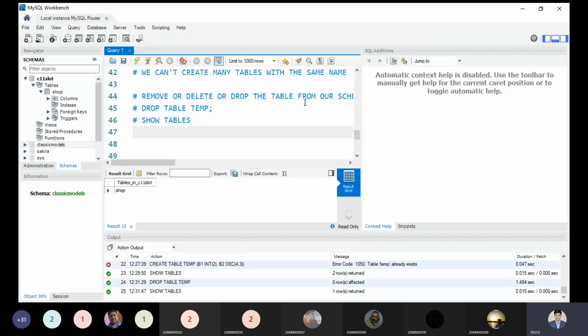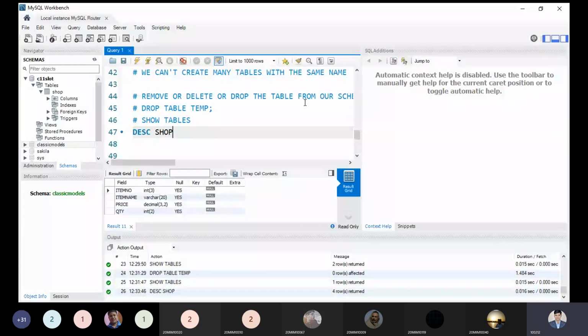After showing the table description, the students are very smart. The student is saying, no sir, you are talking about the shop table. So what is the description of the shop table? Yes, let's look at this syntax and see. We are able to see item number, item name, and price. Instead of this, we can update our table. So what is the syntax by which we can update? Let us understand this first.